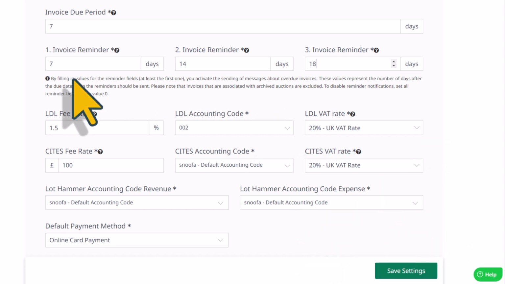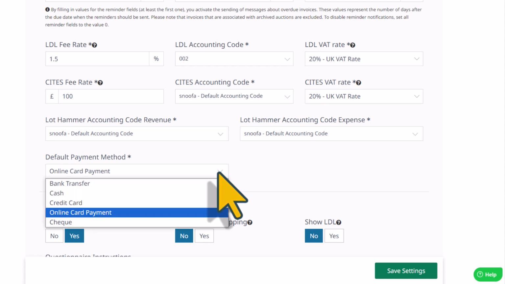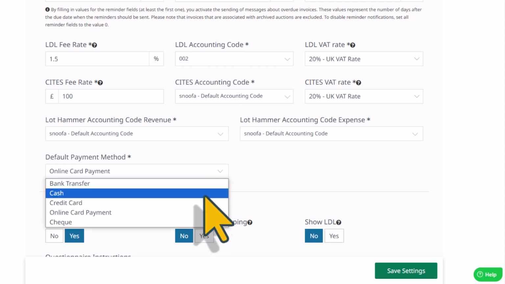You've got your lost damage liability fee rate, the accounting code, the VAT rate, and the CITES fee rate. This is the cost of the license. Again, an accounting code and the VAT rate, and the VAT rate for the service, and revenue code for accounting, and the expense code for your accounting package, and your default payment method. These will be set up in system settings and will appear as a drop down here for you to choose